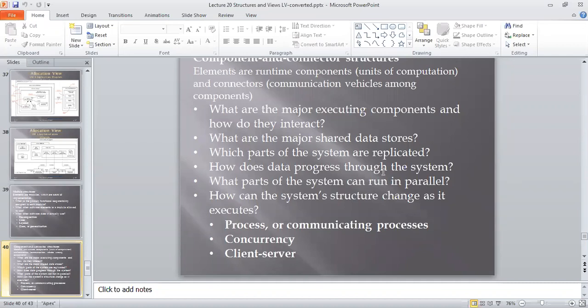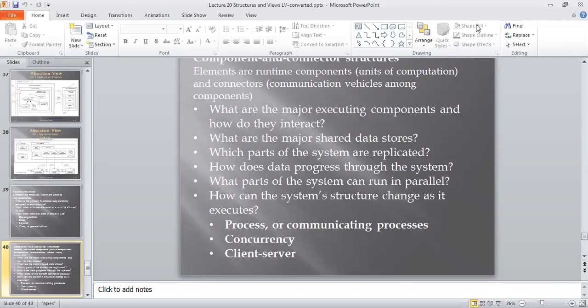Like module structure, component and connector structure also follows after satisfying all the prerequisite questions above. After that, it uses these three components. We'll see them one by one.